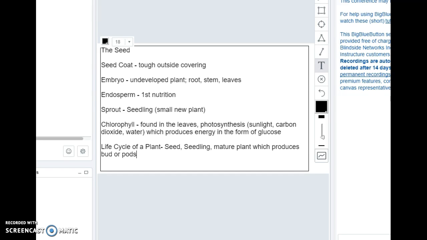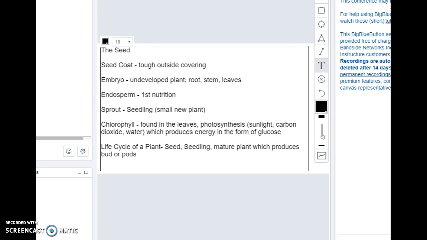These buds or pods will then produce flowers. Our flowers, like we've talked about in the past, are part of our reproduction. So they have to be fertilized with pollen. Once these flowers are fertilized with pollen, they'll produce a fruit, a seed of some sort,